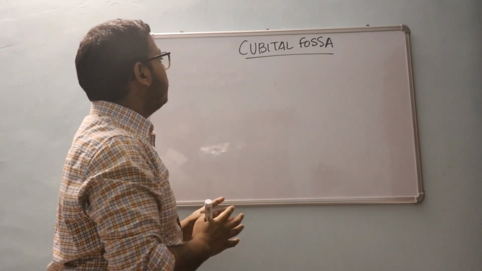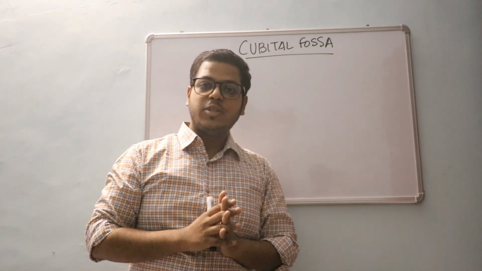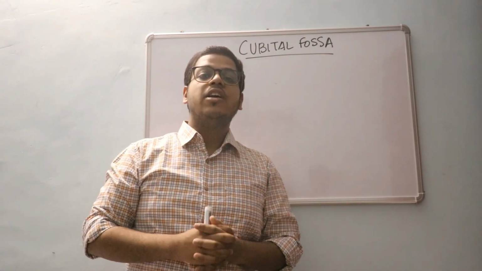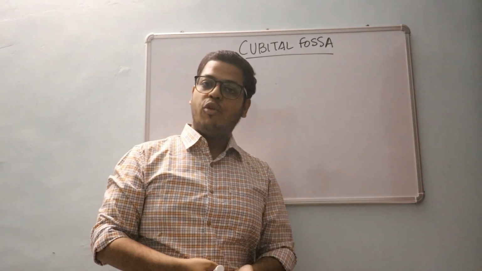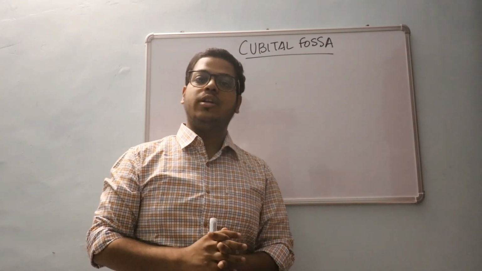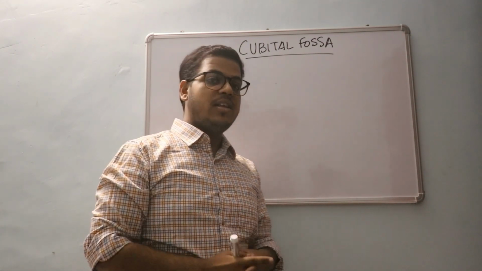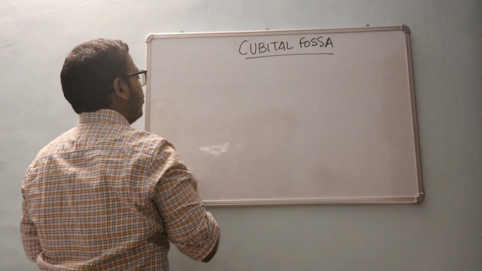And now the cubital fossa is actually a triangular space. It is a triangular space which is bounded by three boundaries. It has a floor, it has a roof, and of course it has important contents. Okay, so let us discuss the cubital fossa. So the boundaries,